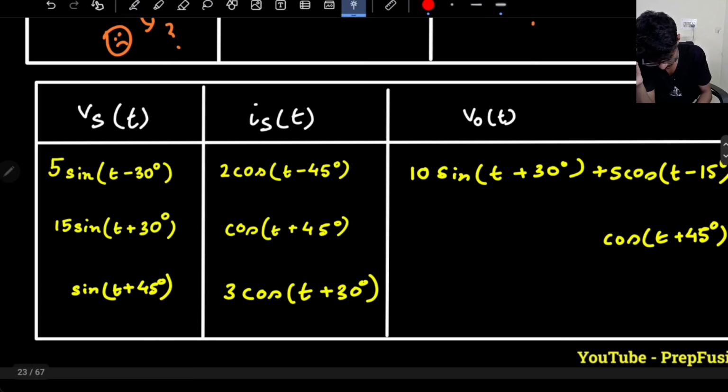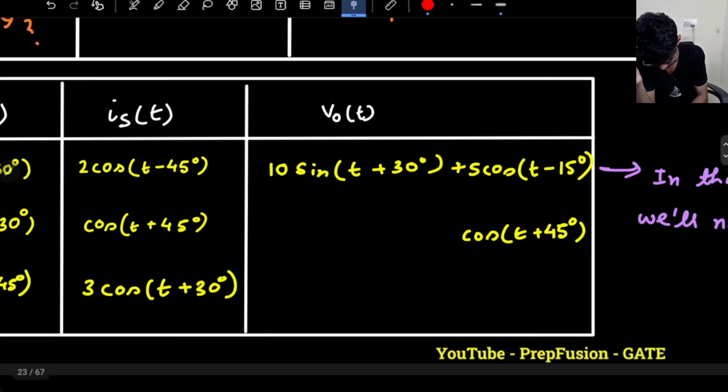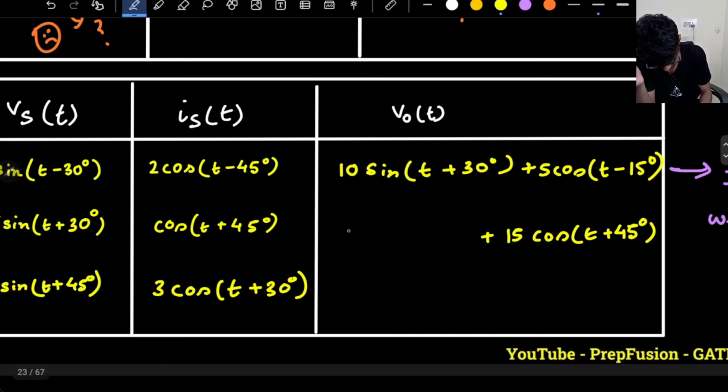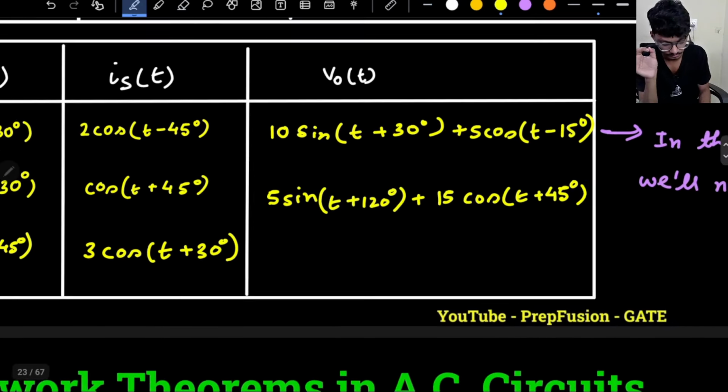And of course the response, if this is made thrice, right, so this will be thrice 15 plus this is halved, this will be 5 sine t plus 120. So if I give you these two equations, now you will be able to say,